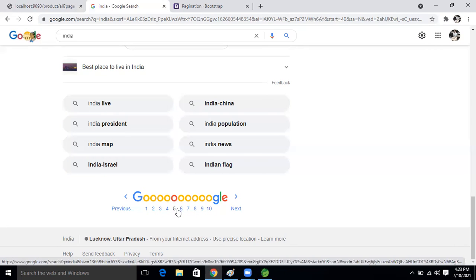Let's give that kind of facility also in our application. If we are on the 20th page, we will give one more button, first, and here last. If the end user wants to go directly to the last page, by clicking on that the end user will go to the last page. And here we will give first. If the end user wants, by clicking on first, the end user will come directly to the first page. Shall we implement these things also in our application?